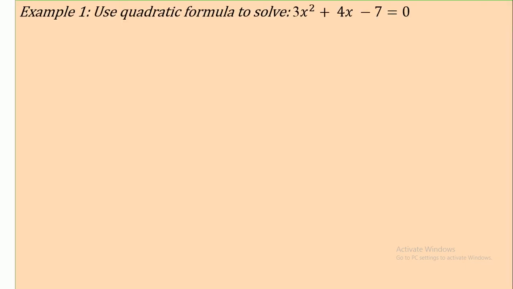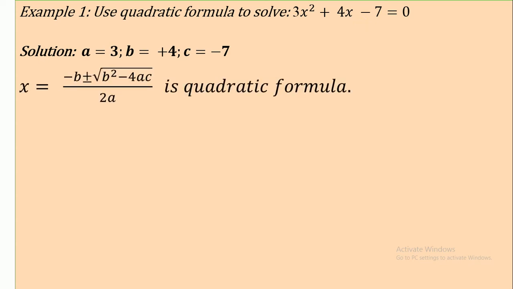So let's look at an example of how we can apply the usual quadratic formula. Solving 3x squared plus 4x minus 7 equals 0. You can see our a is 3, b is plus 4, c is minus 7. The next thing is to use the formula x equals minus b plus or minus square root of b squared minus 4ac, everything over 2a, which is our usual quadratic formula. By the time you substitute for a, b, c, you can see